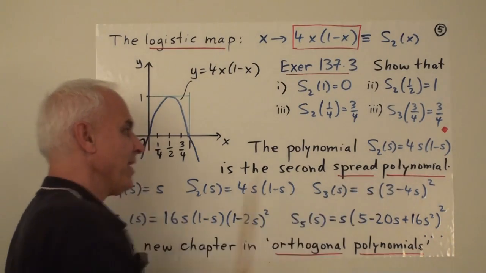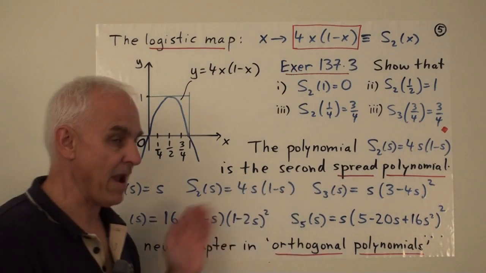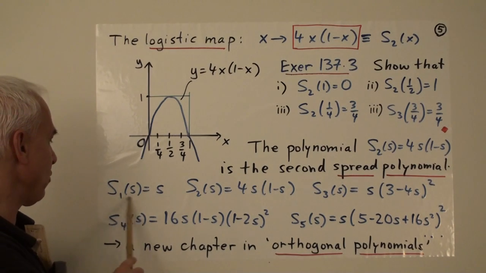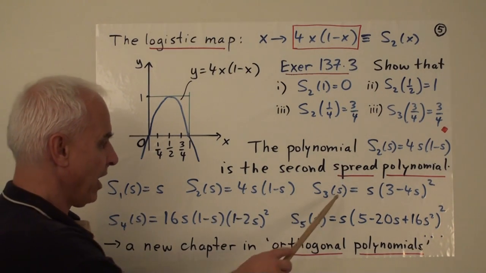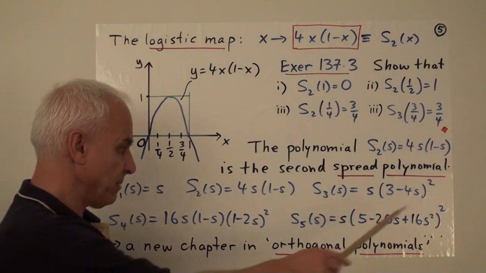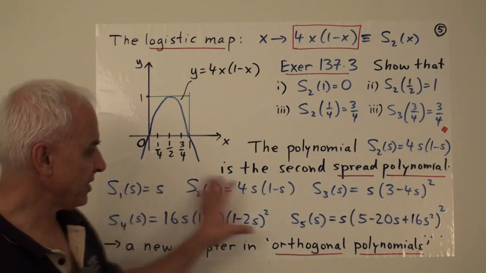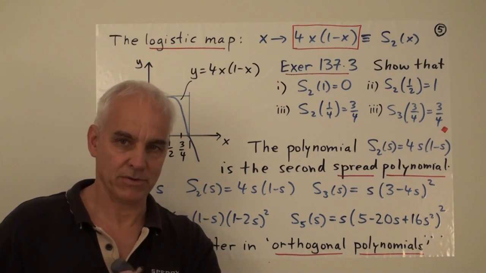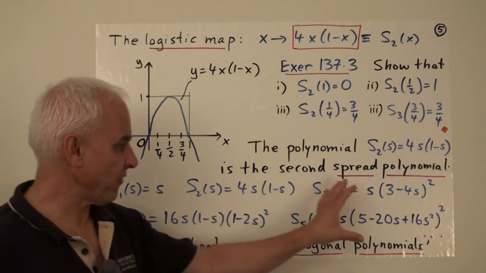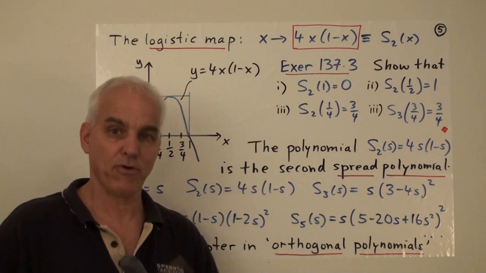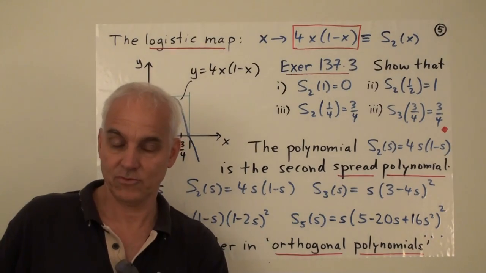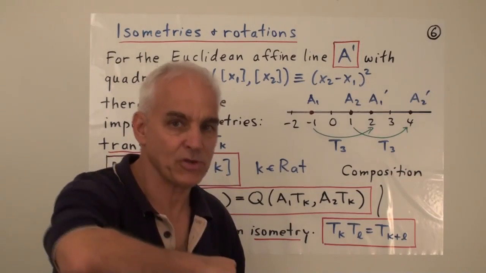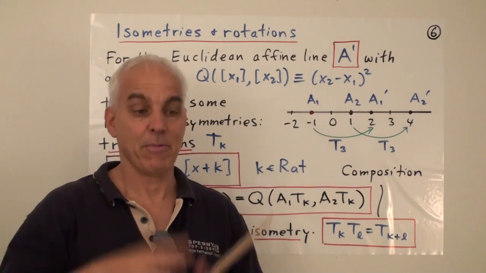So this polynomial S2 of S is in fact one of a whole family of remarkable polynomials. We'll call them the spread polynomials. So S1 of S happens to be S, and here's S2, and you can have a look at S3, S4, and S5, and it keeps on going. And this is a very interesting development in the theory of orthogonal polynomials, which we'll have lots to say about later on. So it turns out that these are sort of remarkable modern improvements on the Chebyshev polynomials. Remarkable that such a thing is possible, but that's what it turns out to be. So we're going to be talking more about this projective triple quad formula, coming back to it.